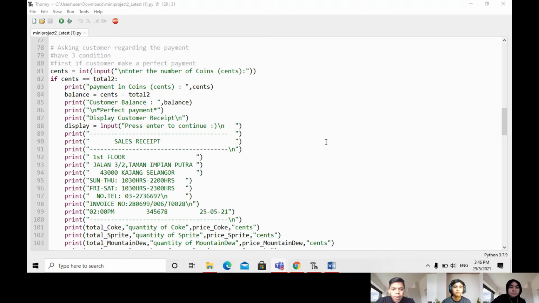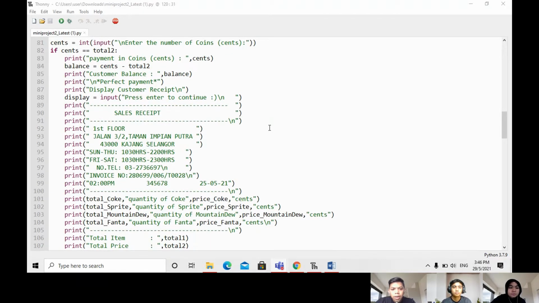Asking the customer regarding the payment. It has three conditions. First, if the customer makes a perfect payment, input enter the number of coins, payment in coins, print customer balance, print perfect payment. Display customer receipt and press enter to continue.